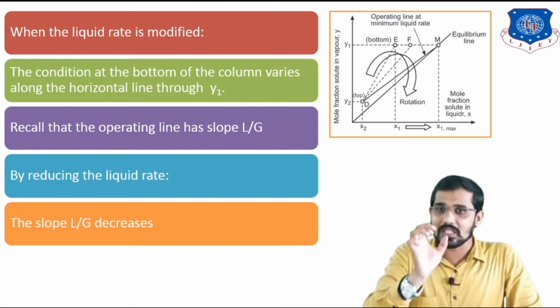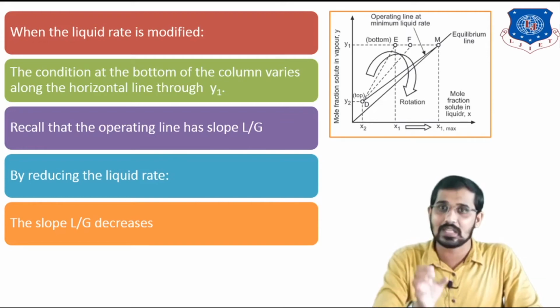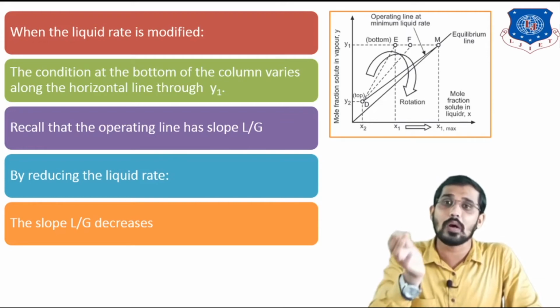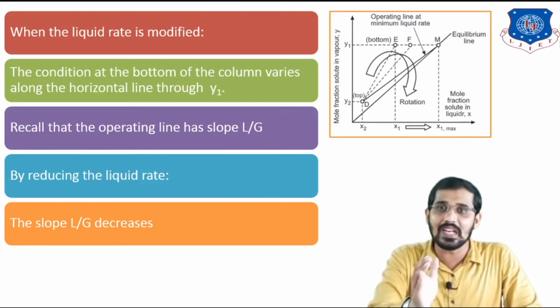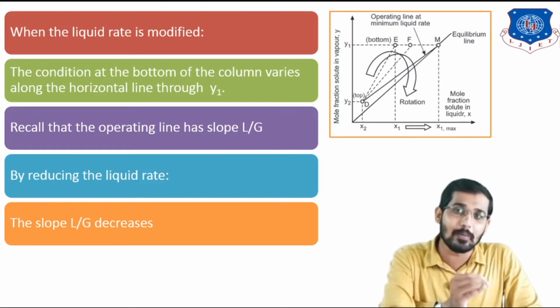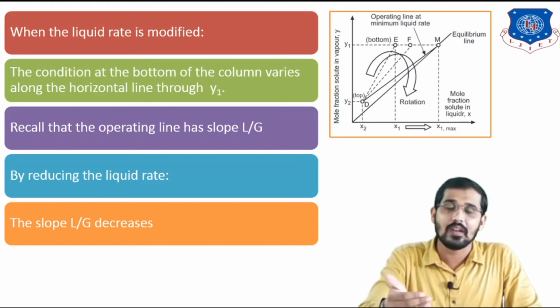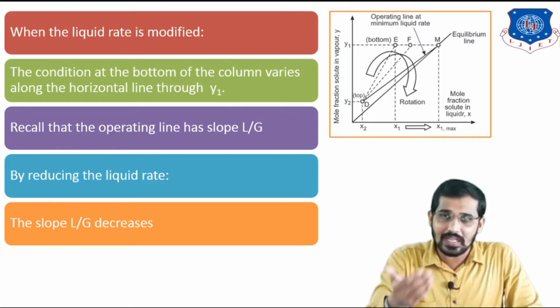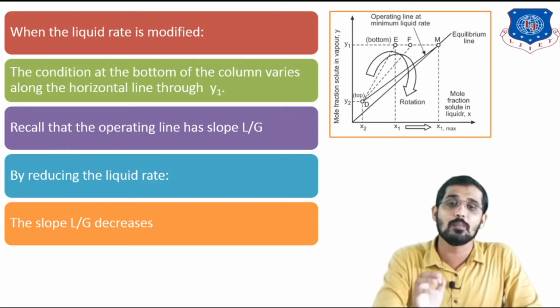You can see in this ratio, if we are reducing the value of L, at that time this L by G also decreases. L by G decreases means slope also decreases. When slope is decreasing, at that point this DE line shifts towards the equilibrium line, means shift towards the DF. If I am decreasing L again, at that time it again decreases, means slope again decreases and moves towards the equilibrium line, and that is nothing but DM.